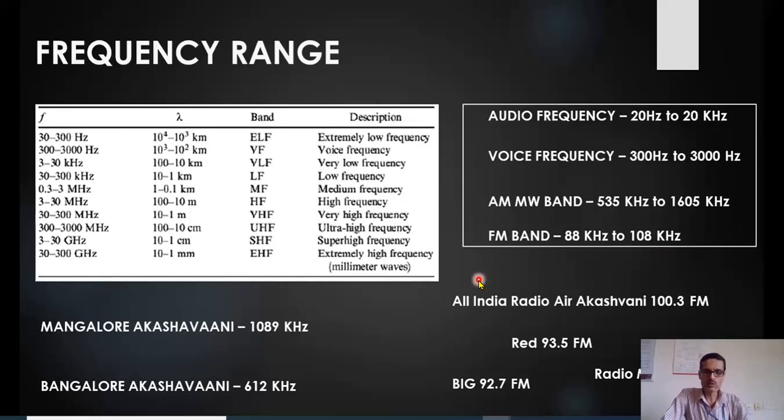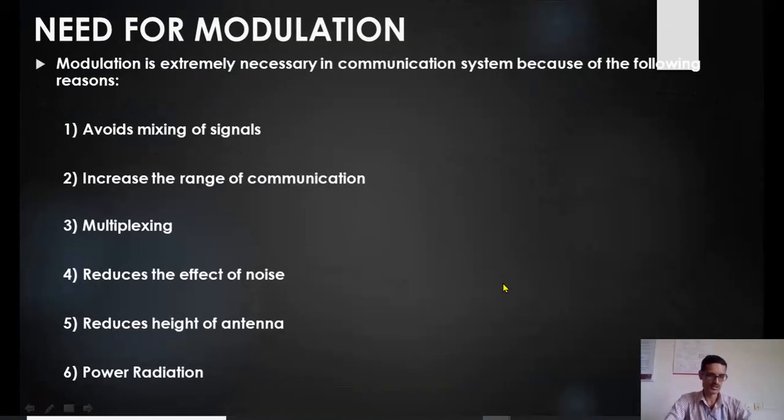What I want to say here is we are converting the low frequency signals of the audio range into a high frequency carrier signal. Now, what is the advantage of this? Why do we need modulation? Why do we have to use frequency translation? In the process, we are changing the amplitude of the carrier signal continuously in proportion to the amplitude of the message signal, or we are changing the phase of the carrier signal in proportion to any amplitude variation happening in the message signal. Why do we have to do that?